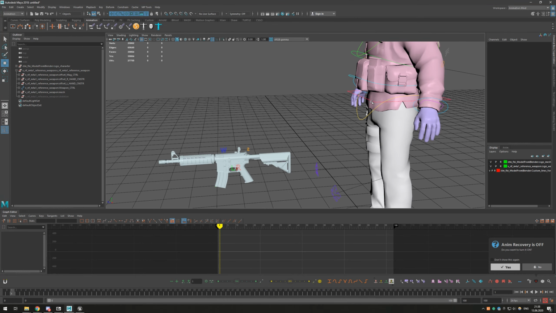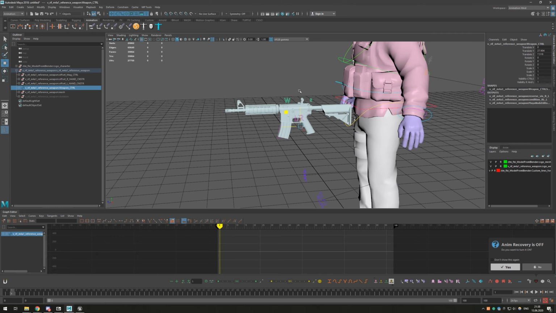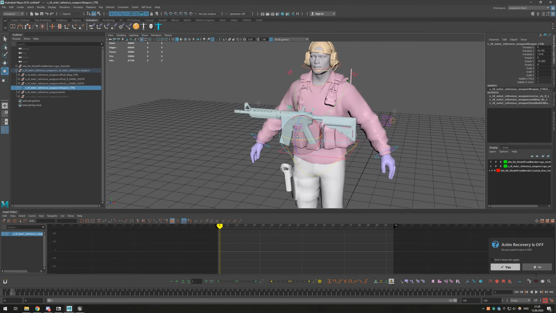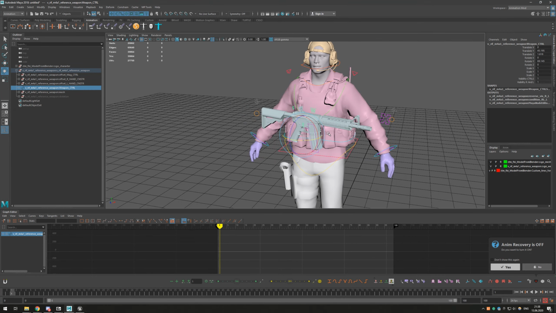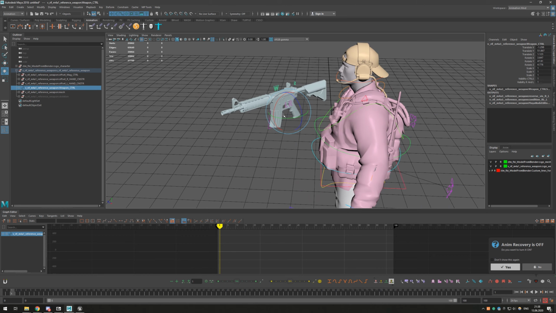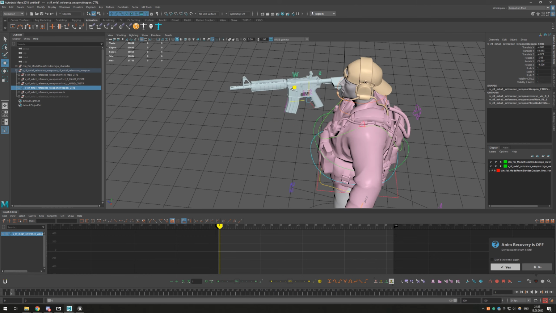So let's quickly create a pose that will be, you know, viable for our weapon. I will go with the left hand, I will go with the right hand on the right, unfortunately, but well, it will be quite easy. I actually, you know, do it like that.